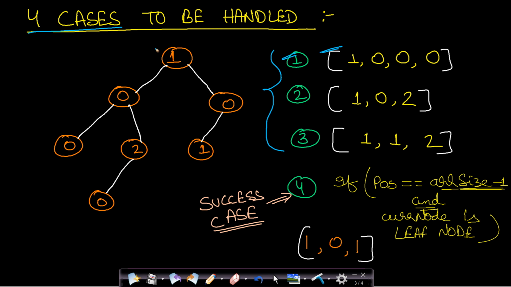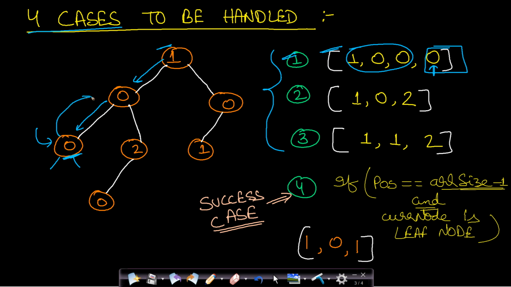If you start at this node 1, then we go to the left-hand side. This is 0, so we again look at the left-hand side. This is also 0. So the first 3 elements have been found. Now we will find the last element. When we are at this 0, there are no elements to the left and right. That is, this one is a leaf node. Whenever we reach a leaf node and all the elements of the array have not been processed, we can be sure that this path can never lead to covering all the elements. So as soon as this case occurs, we just return false.